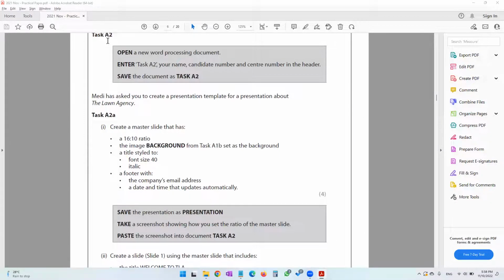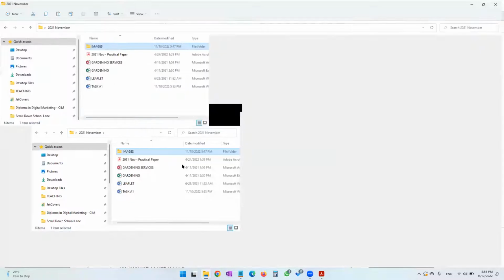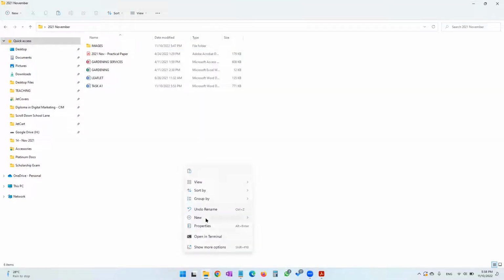Okay, so we move on to task A2, and over here they say that we are required to open a new word processing document in the task A2, your name, candidate number, center number in the header, and save the document as task A2. Okay, so let's go into our folder, and over here, let's create a new Word document,